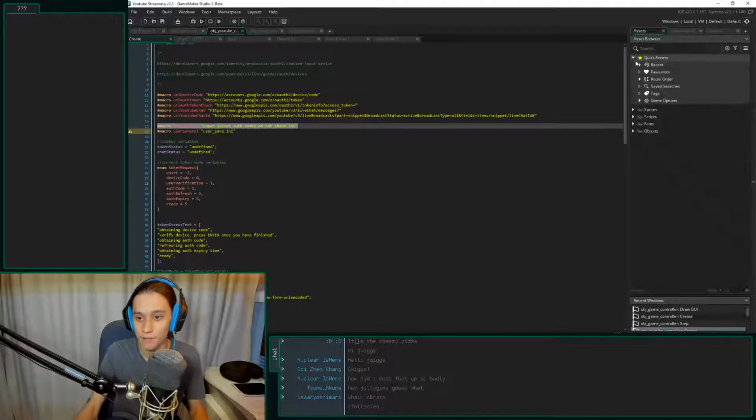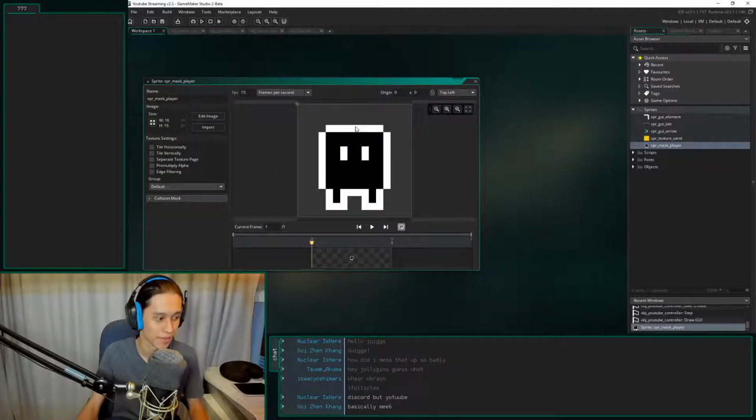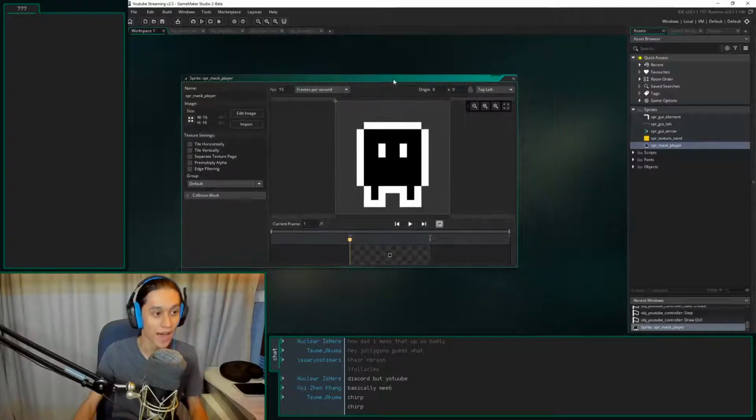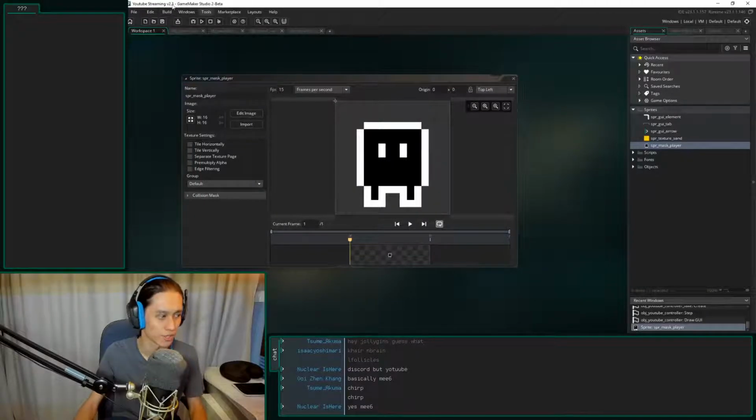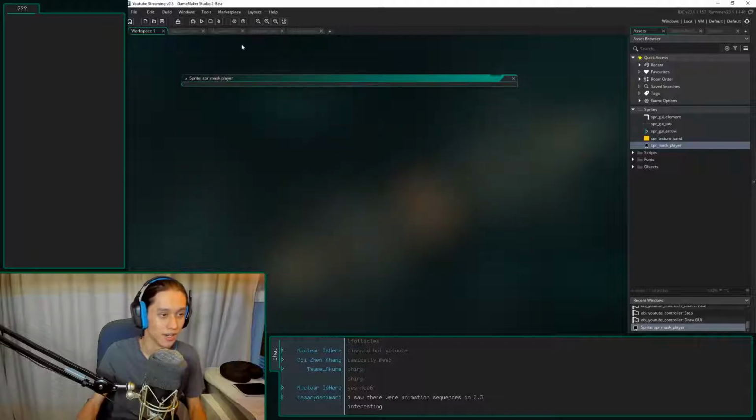I have got little dudes. I've got a little dude that we can make run around, and we can do stuff. I am also playing around with GameMaker version 2.3, which is interesting. There are some big changes to it, and I haven't exactly gotten used to all of them. But basically it's Me6. It's Discord, but YouTube, whatever you want to call it. Also, I can have some Discord integration in here as well, if I want to.